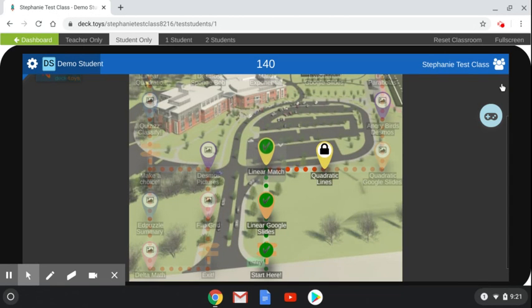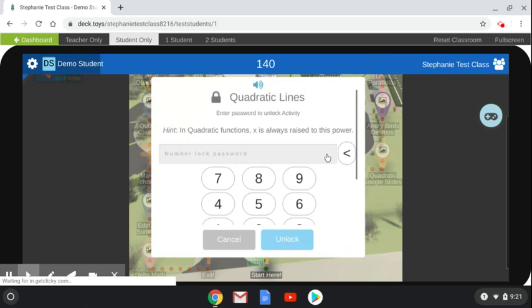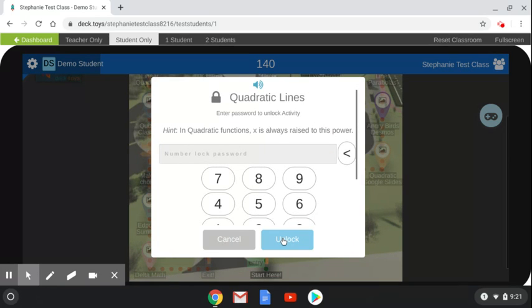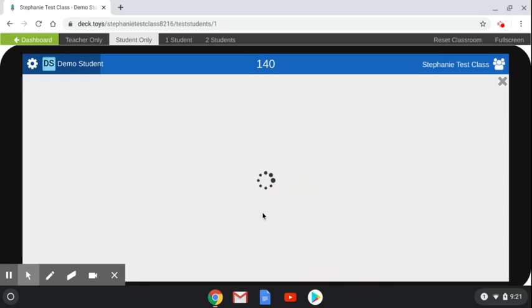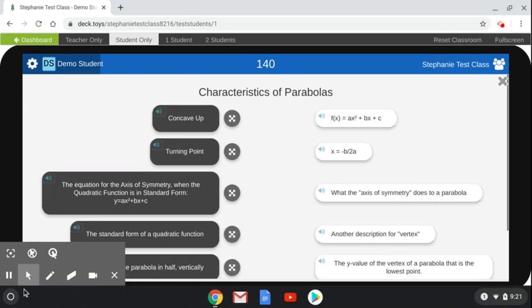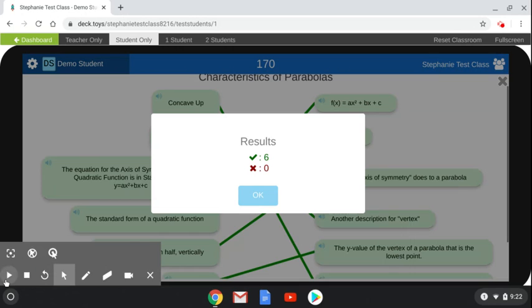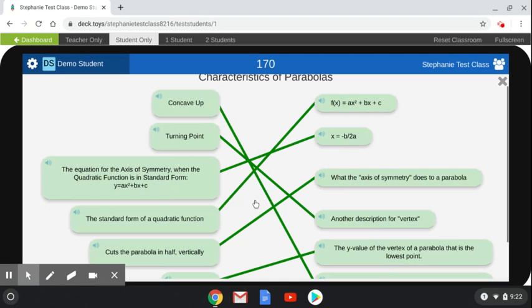you're ready to move on, and you're going to look at quadratic lines, and this is another activity that you will be dropping and dragging, completing drawing lines. So what is the x always raised to in a quadratic function? Remember, quadratic means degree 2. That will unlock this, and then you'll continue on with the matching activity. And once you are done with this,